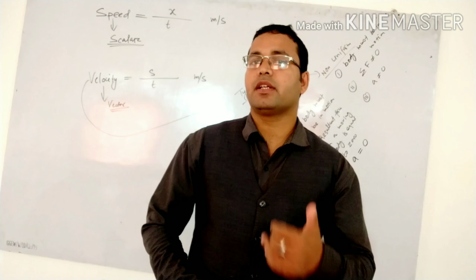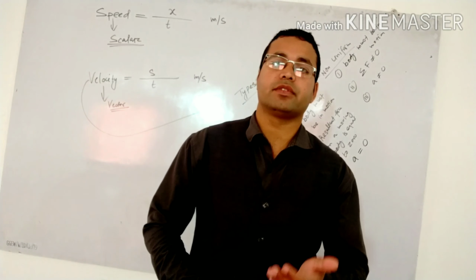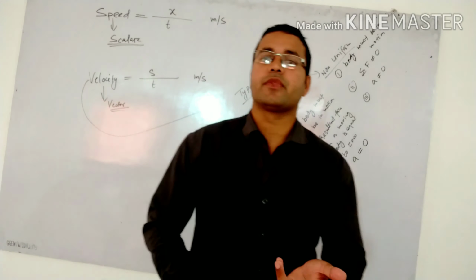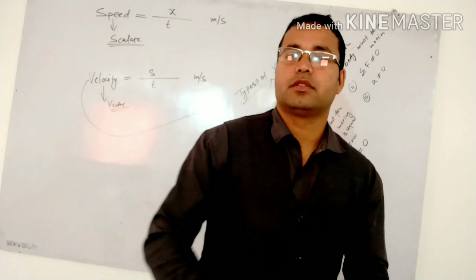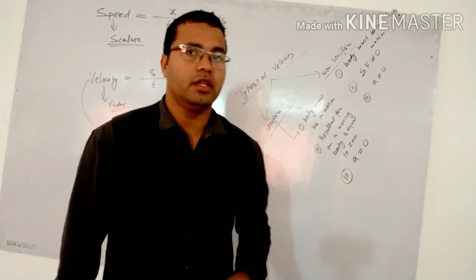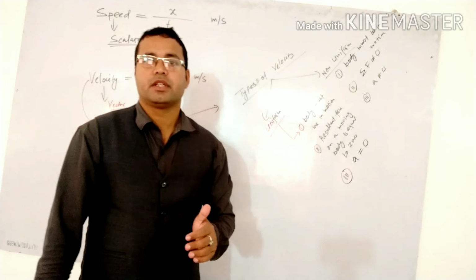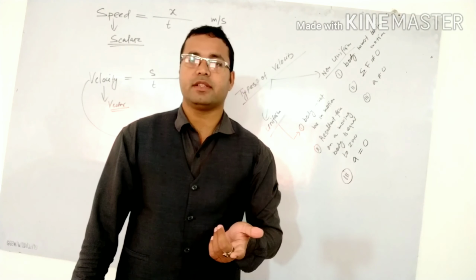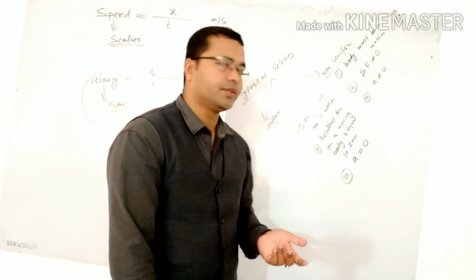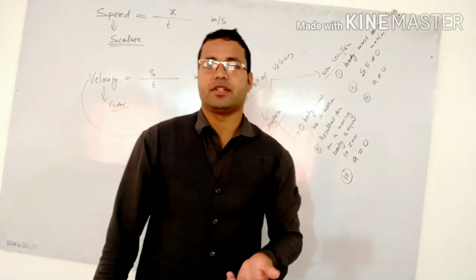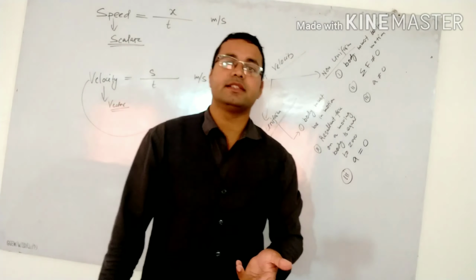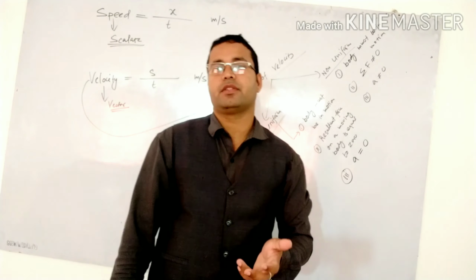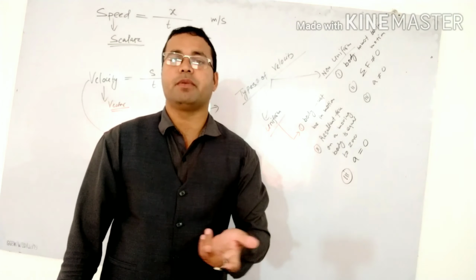But in case of non-uniform velocity, the resultant force is not equal to 0. In real life, most bodies move with what? Non-uniform velocity. So in non-uniform velocity, the resultant force is not equal to 0, which means there is a change of velocity or a change of direction. So we generally get acceleration in non-uniform velocity. And the reason behind the change of velocity is what? Force. Here force will play an important role.